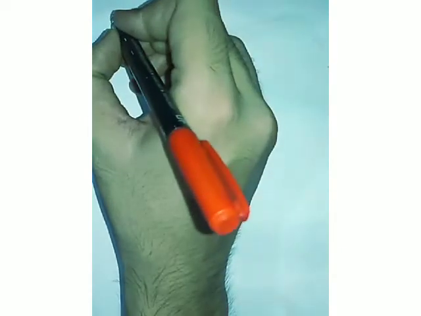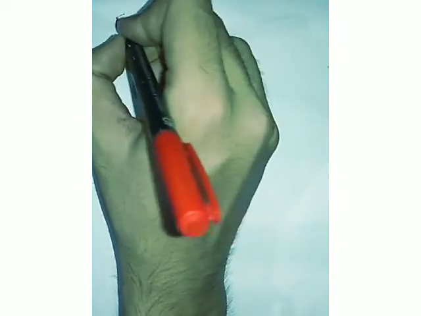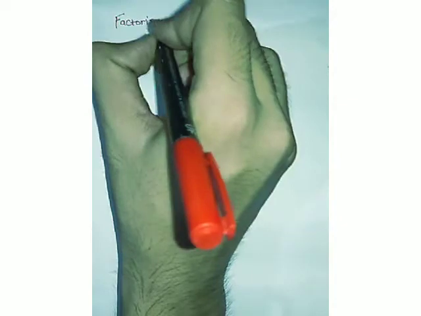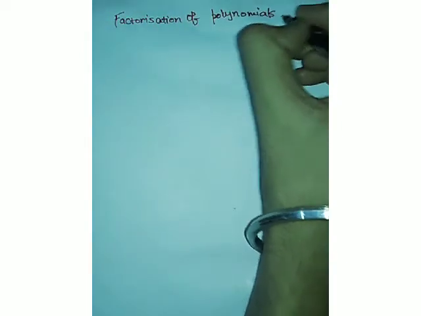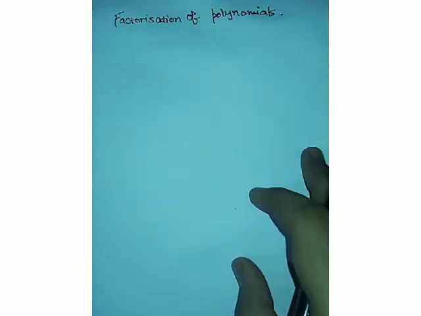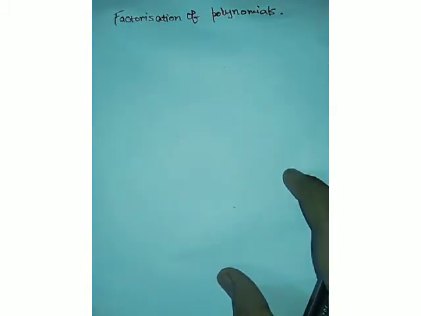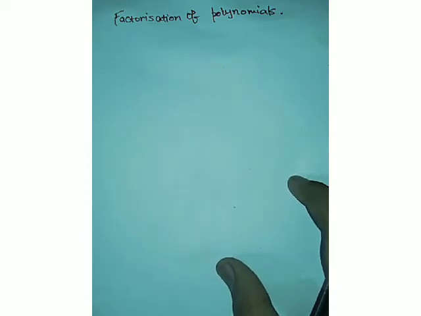So far we've been doing polynomials, that is the second chapter of ninth class from the NCERT book, and today's topic will be factorization of polynomials. For most of the students, this is the easiest topic in the whole chapter, polynomials. But for some students, it's very difficult because they are unable to find the factors easily. All right. So we'll do 2 or 3 methods to find the factors of a given polynomial.